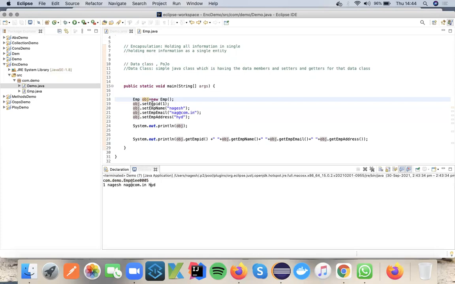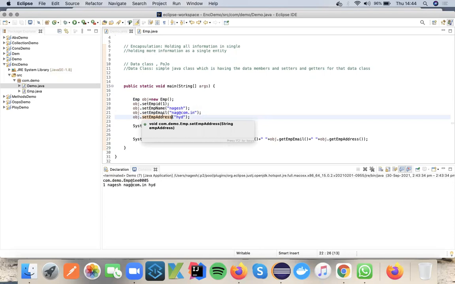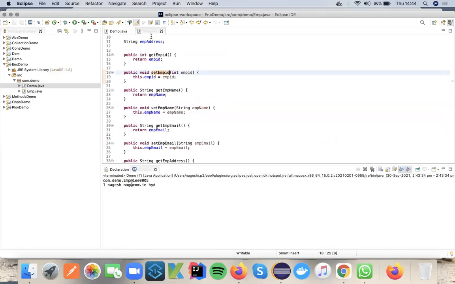Okay. Now a couple of things you might not understand yet, but I want to explain in detail, that's why I will show you. Sir, what will this setEmployeeID do, what will setEmployeeName do, what will set email ID do, and what will set address do, right? These are methods. If you see the employee data class, we generated the setters and getters methods. Whatever value you are passing from here will actually be stored. So let me show you here. If you press control and go to implementation, it will land in that class, and you can